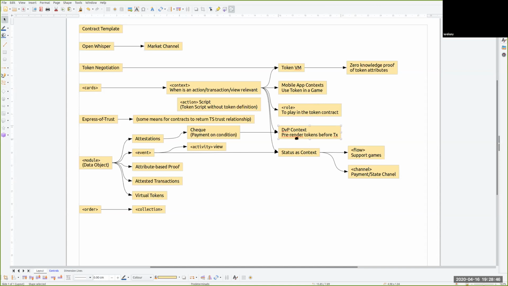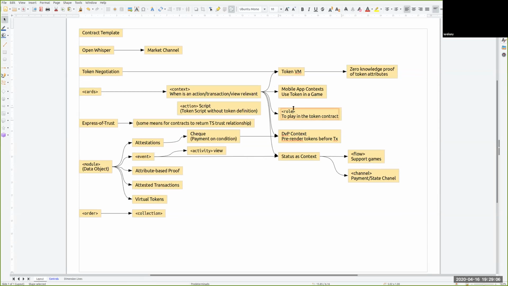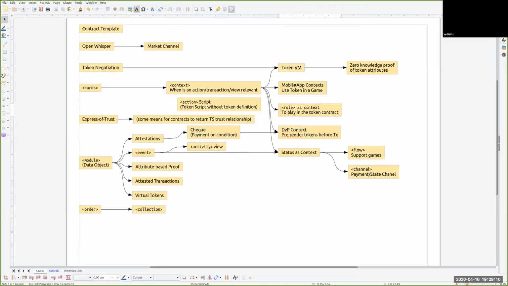For example, here is a DVP context where it's actually assumed DVP security exists. And here it's only that the DVP security is used as a context. So I probably should have defined DVP somewhere else. Then status as context, row, sorry. And this box, this is weird. I don't know why I drew a line here. Anyway,